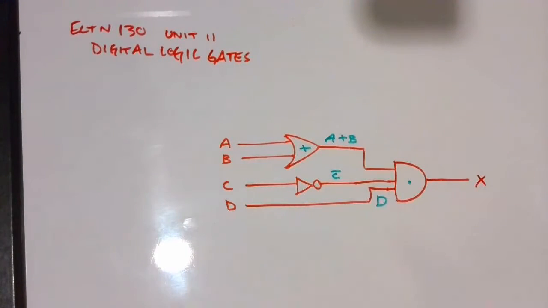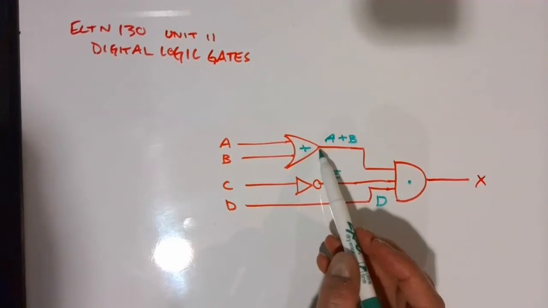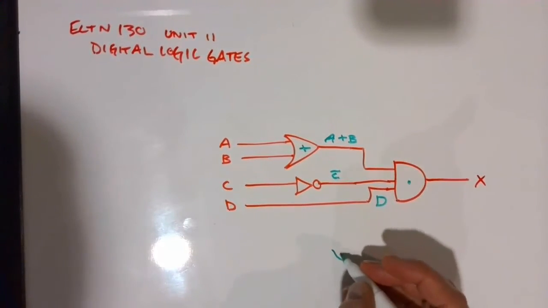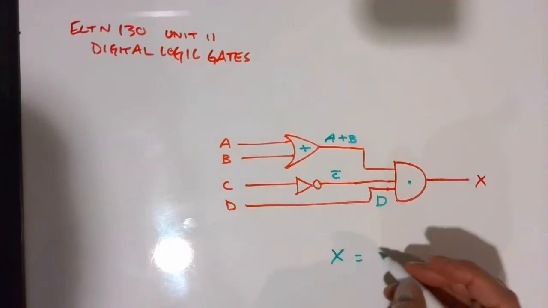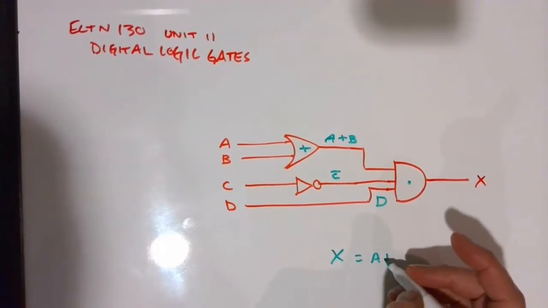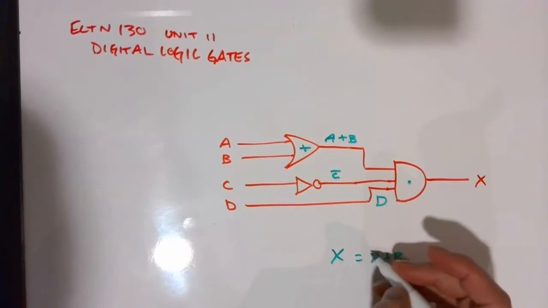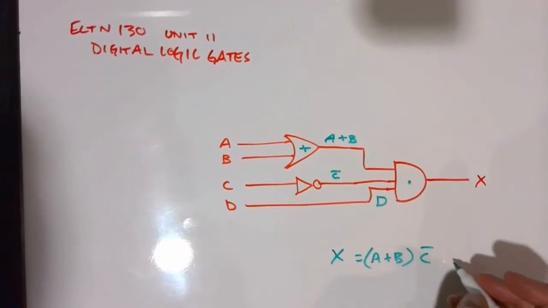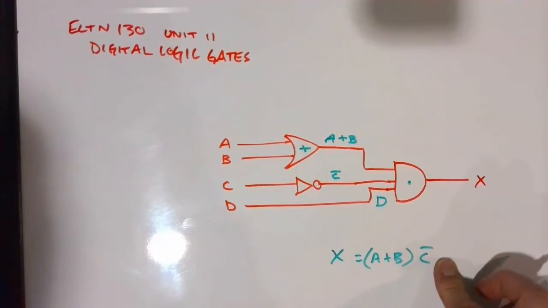But what's important is, just like with math, we need to keep track of order of operations and make sure that we don't just mix everything together. The way we typically do that is that if this is an output from a specific gate, I'm going to write here X equals, and put those in parentheses to make sure we don't accidentally AND it with the wrong terms. And then we're going to AND that with C naught and D. And again, remember that